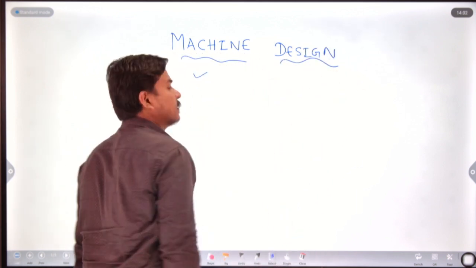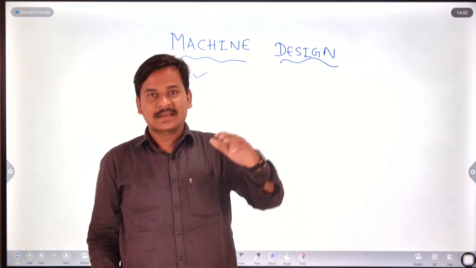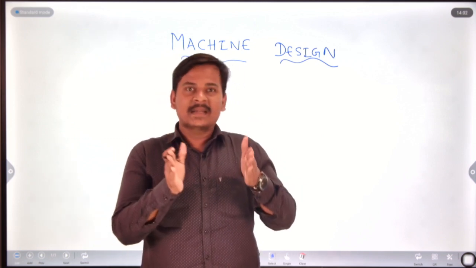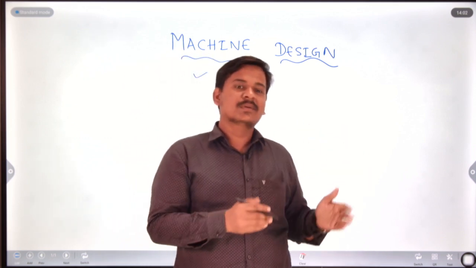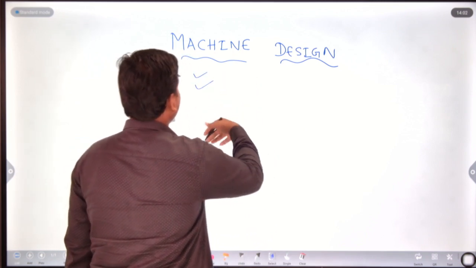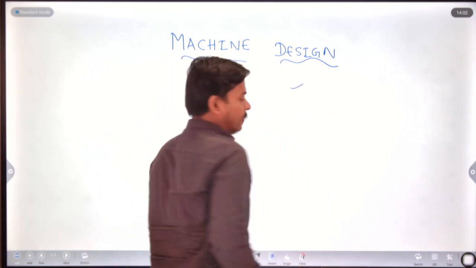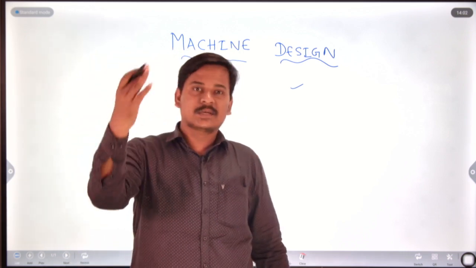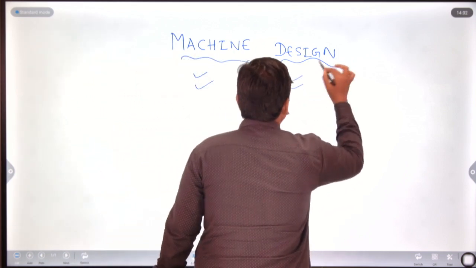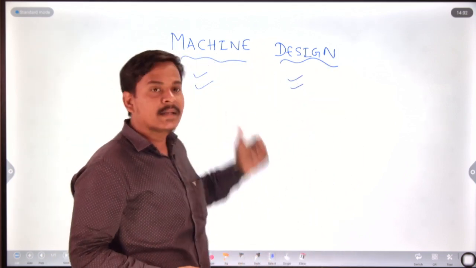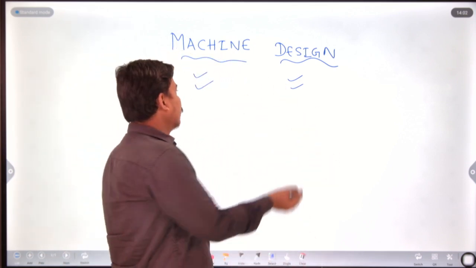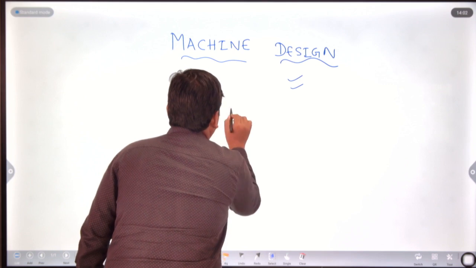First, what is machine? A machine develops and enhances mechanical power, and uses many moving parts to complete a task. This is known as machine. It uses mechanical power. Design, proper planning, execution, and new design and innovation, consist of the designing process. So overall, what is machine design? Innovation of new ideas, scientific principle,